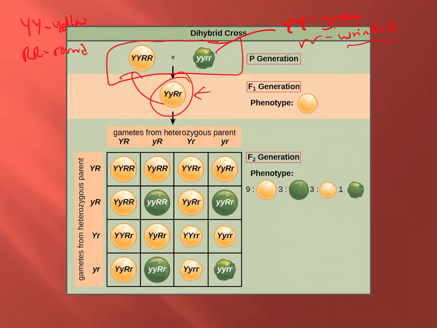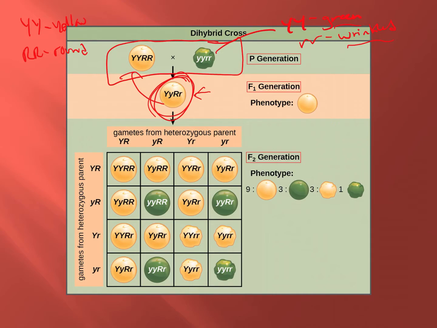So if you were to allow this particular P to cross itself, to self-pollinate like we've talked about before, what would happen? You have to do the same thing we did before